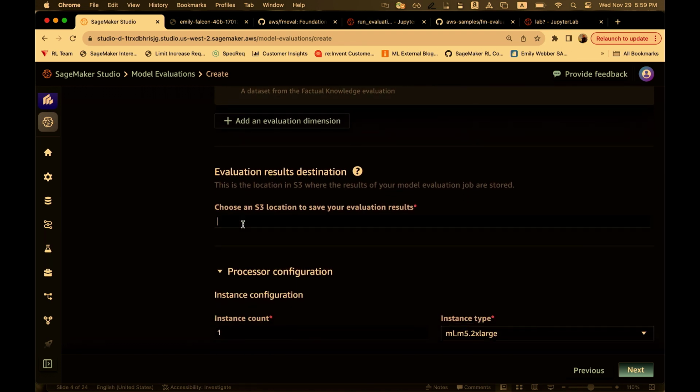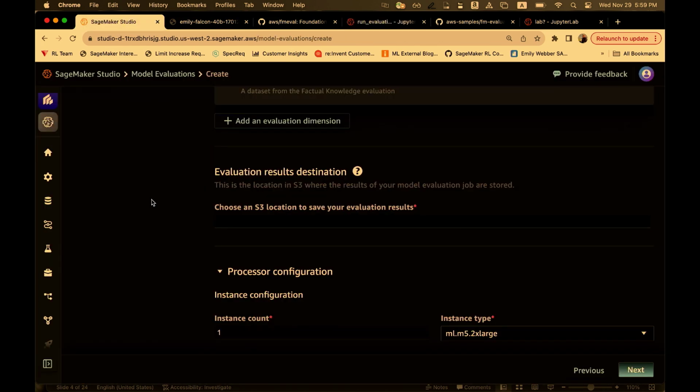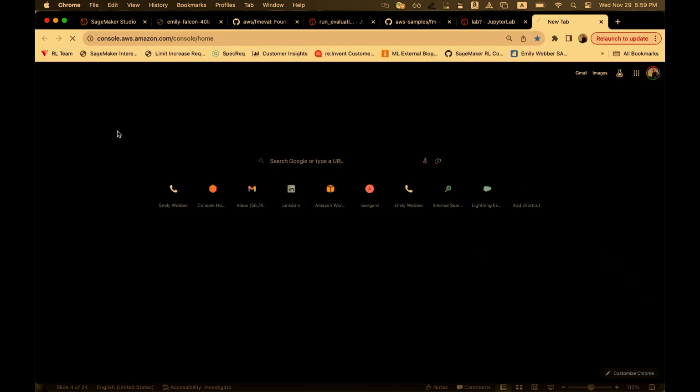And then I'm going to go find my S3 bucket, actually. See if I can find my S3 bucket. Just a second here.